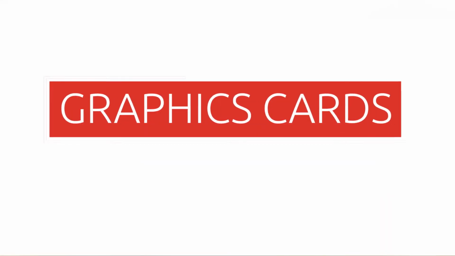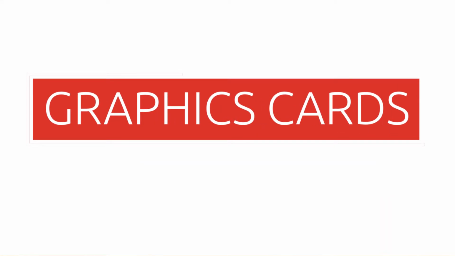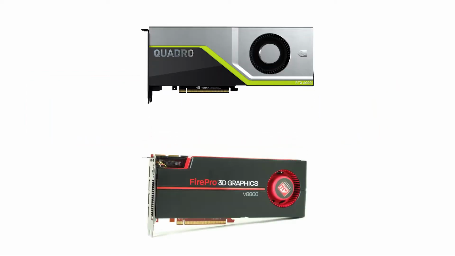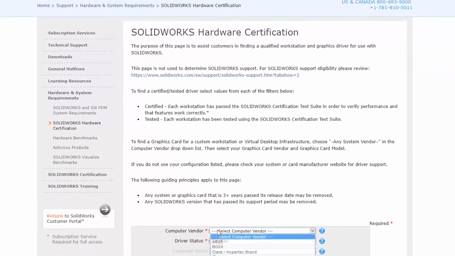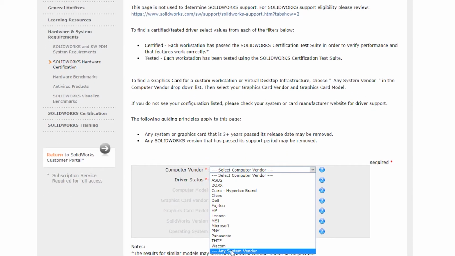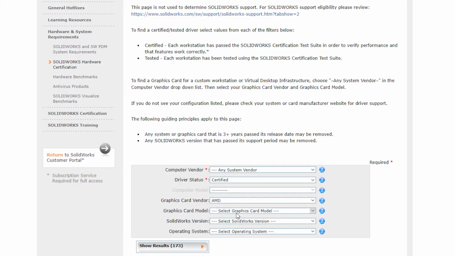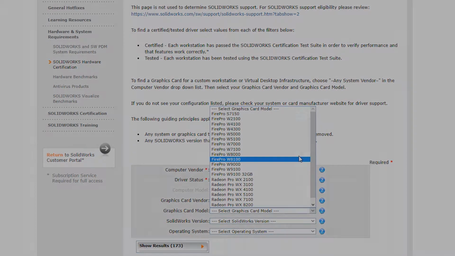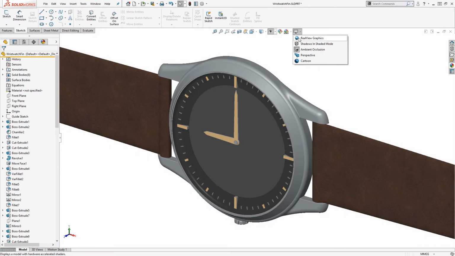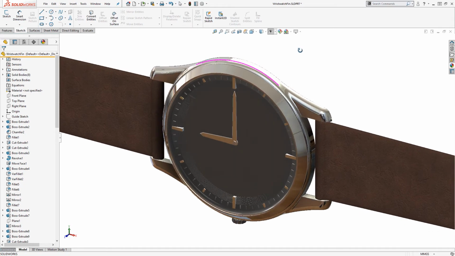You need to be running a supported graphics card to get the most out of SolidWorks. These are usually either from the Nvidia Quadro or AMD FirePro ranges. You can find a full list on the SolidWorks website. Very few Macs come with these supported cards, and unfortunately no MacBooks or MacBook Pros have them. Without a supported card, you won't get some features such as real-view graphics, and you'll find performance is limited when it comes to working with assemblies or complex parts.